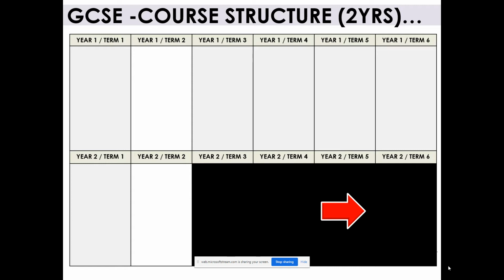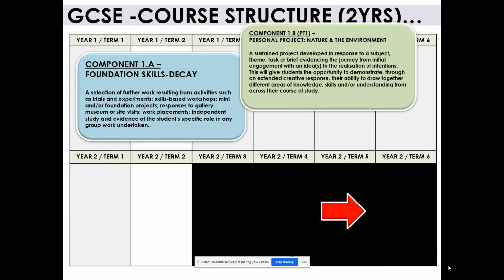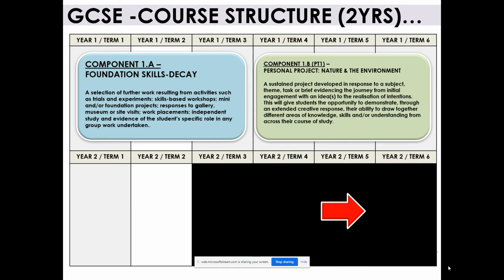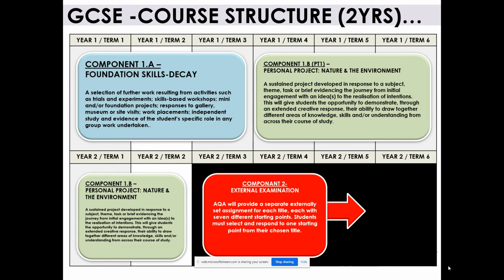So the course at Cathedral is broken down into components, in conjunction with the specification of the GCSE programme. Component 1A is a foundation skill set programme, which will look at decay and all things decay related in photography. During that course, we build up the kids' ability to construct and create a portfolio of work. That is continued with our major project, which is our Nature and the Environment project, which is a personal project